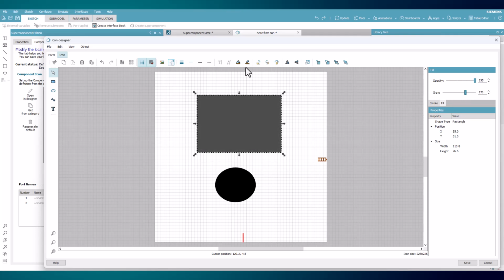Shortcuts for the fill and stroke are now available in the top ribbon too, as well as options to rotate shapes 90 degrees in either direction, or by a custom angle, flipping the shape vertically or horizontally, and bringing them forward or behind others in the sketch. Additional options include adding an image that can be placed or sized the same as a shape, and the ability to resize the canvas. Once the design is adequate, pressing Save below confirms it.